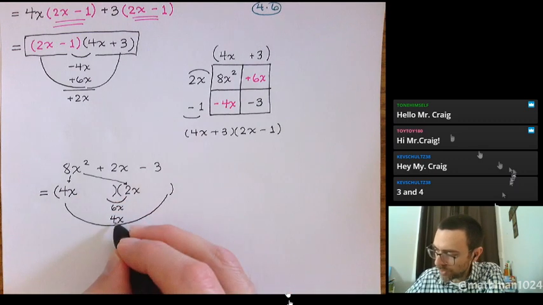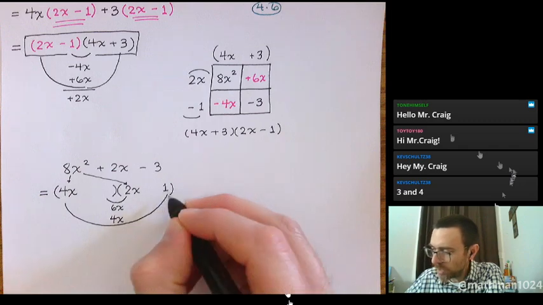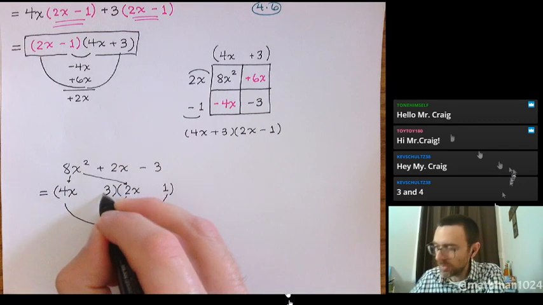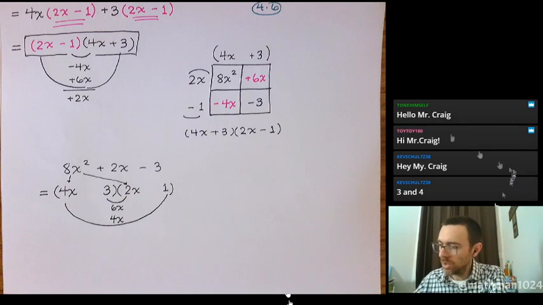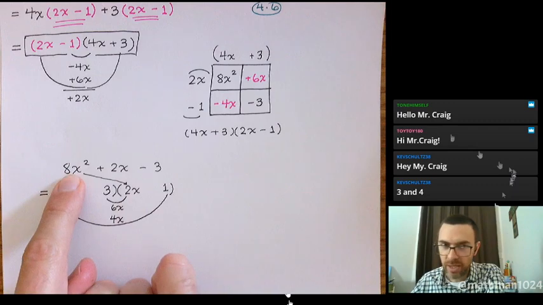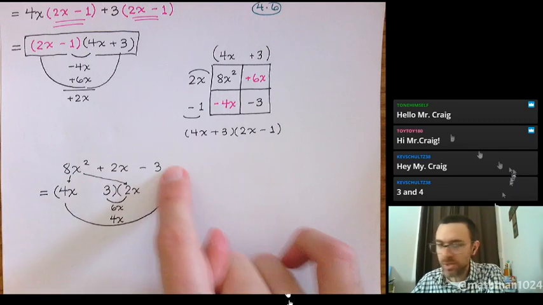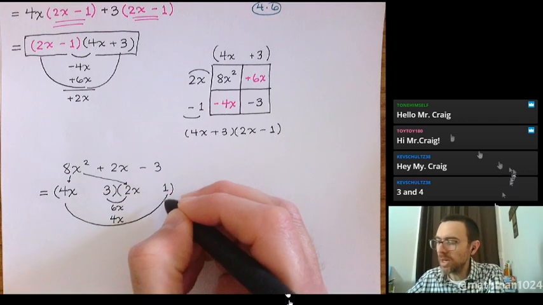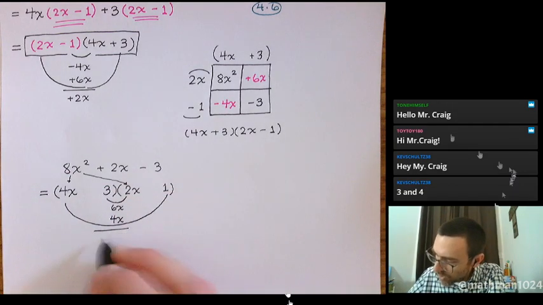The rest of this is just a bit of division. 4 goes into 4 one time. 2 divides into 6 3 times. So look at what we have. 4 times 2 is 8, which is that guy. 3 times 1 is 3, which is that guy. You get your 6x and your 4x from the inside and outside, but now we have to make sure that